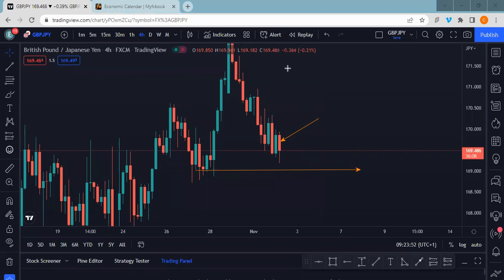So now understand this, from the 4-hour. Price made a high, made a low, made a lower high, made another low. So you want this current candle to be the candle that makes a low, for price to make another high, but a lower high, and keep dropping. Do you understand? So that's how price moves in a downtrend.